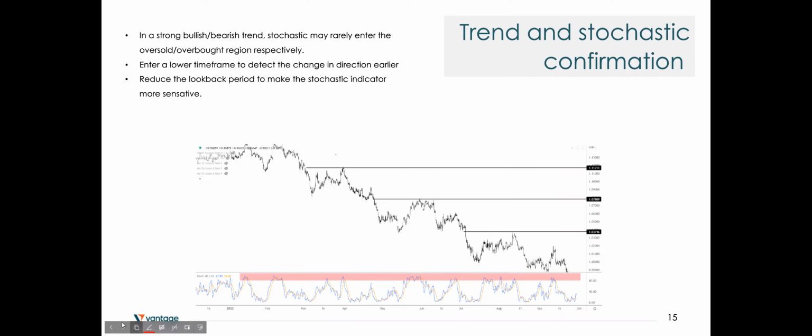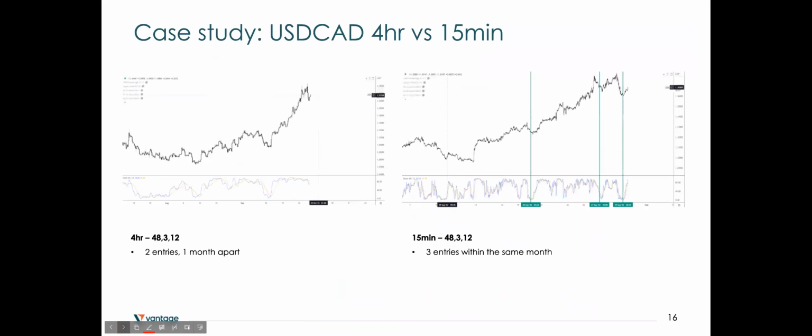I think there's 2 more examples before we go to the live charts. So I've used this example on USD CAD, 4 hour versus 15 minutes. So the 2 steps, right? If you compare the 4 hours, same K values, same SMA and D values, and the 15 minutes, if you look at this stochastic chart, you'll realize that at most you get 2 entries,